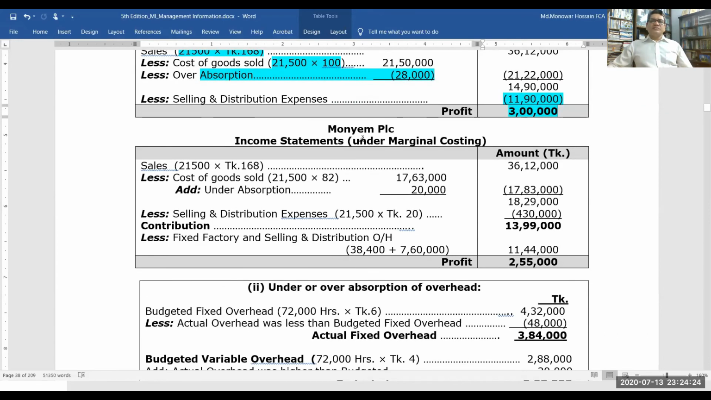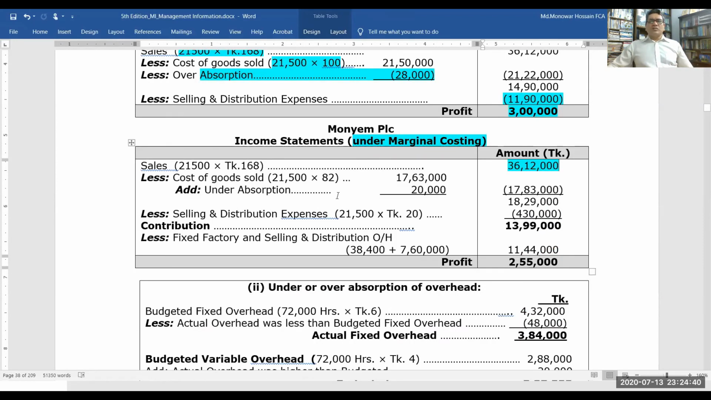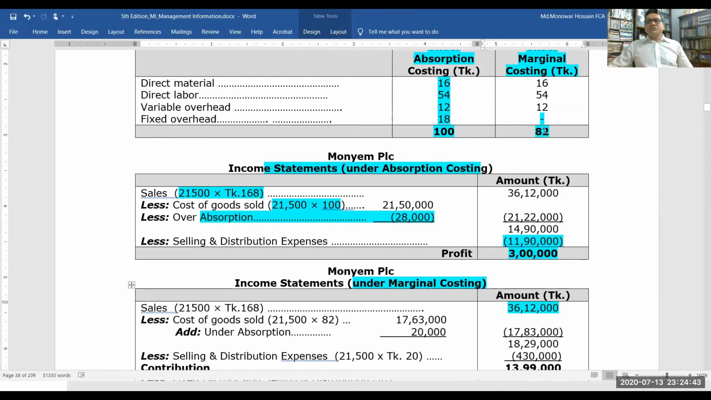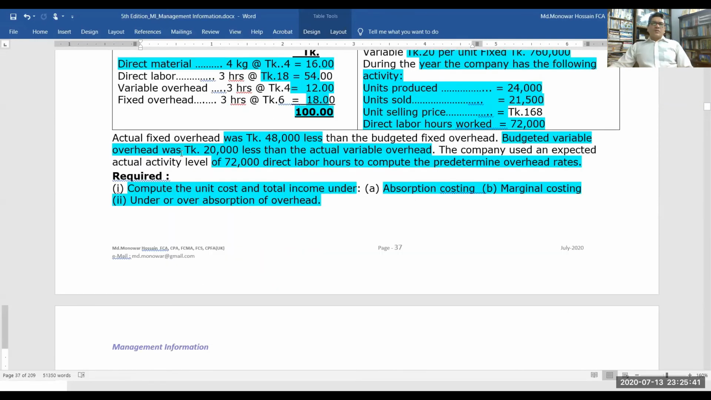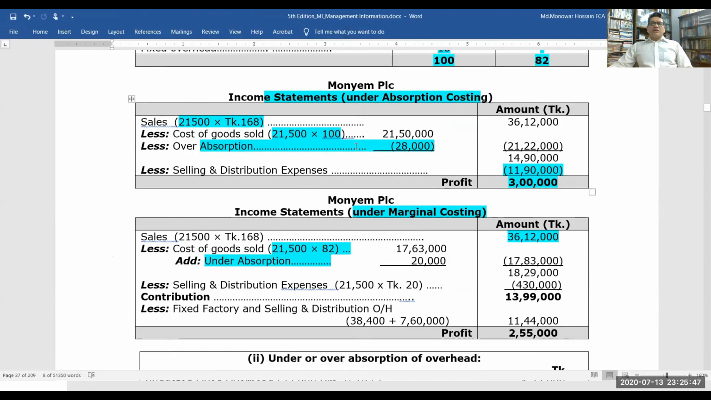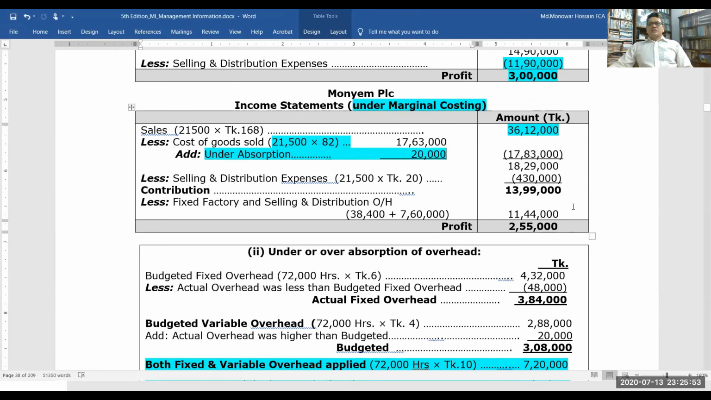Now under marginal costing, sell amount is the same as we calculated just now. Cost of goods sold, look here, 82, this 82 multiplied by 21,500 units. So here, and we have to add under absorption. How we calculate under absorption? Overhead was 20,000 less than the actual overhead. This 20,000 have to add here, this under absorption. So it comes